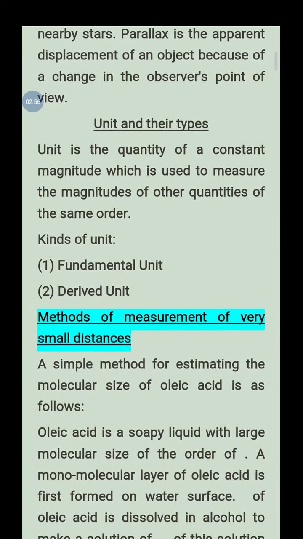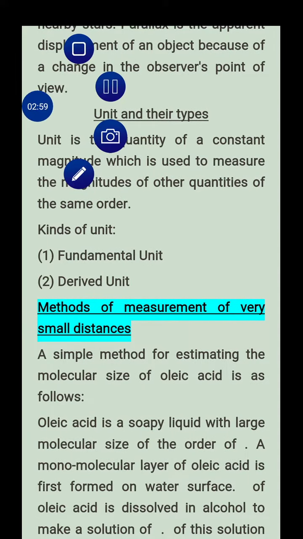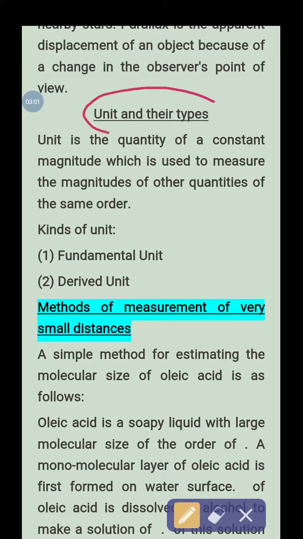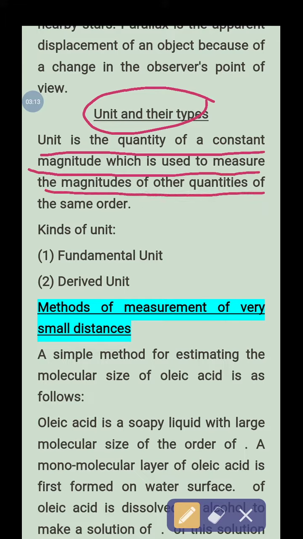Now, units and their types. First of all, you have to decide the unit. A unit is a quantity of a constant magnitude which is used to measure the magnitudes of other quantities of the same order. Okay, what is a unit? A unit is a quantity of constant magnitude. The magnitude should be constant, and it is used to measure the magnitude of other quantities of the same order,